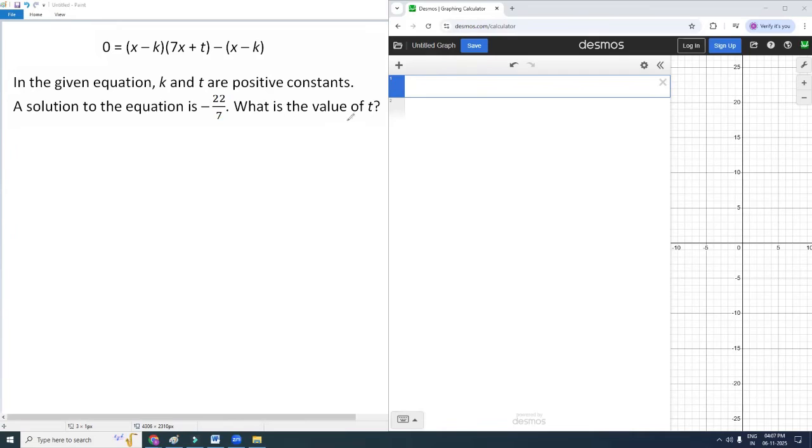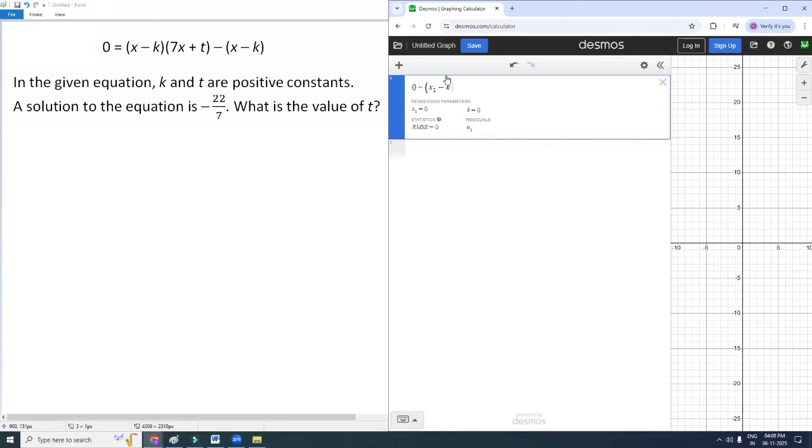We can use Desmos to get the value of t. For that, I have to give this equation as input in Desmos. When I give this equation as input in Desmos, instead of the equal sign, I have to use a tilde sign. And for x, I have to use x1. Okay, now let me take this equation as input in Desmos. There is 0, then we have to take the tilde sign, then x1